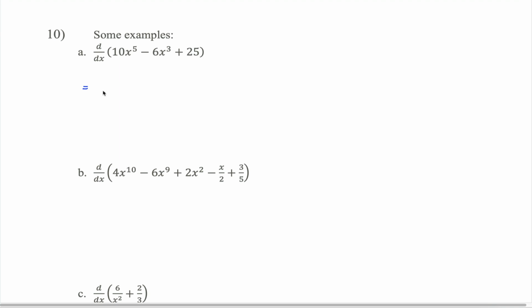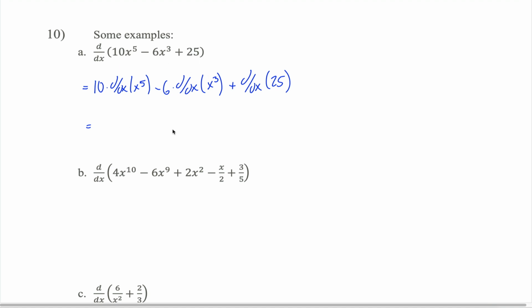If I were doing this, I would probably do the constant multiple rule and the derivative of a sum rule all in the same step. I'd say that this is equal to 10 times the derivative of x to the 5th power minus 6 times the derivative of x cubed plus the derivative of 25. I recognize that you could probably get your final answer without writing this step, but I'd encourage you to write